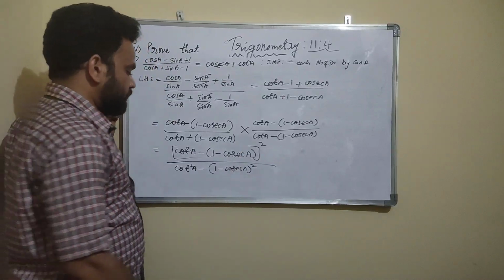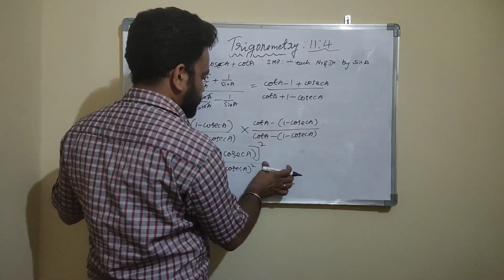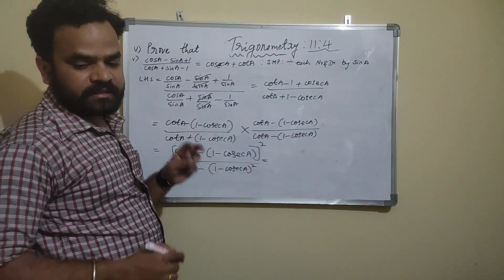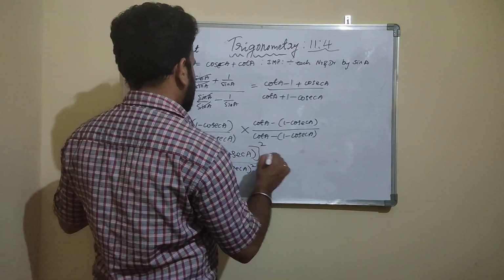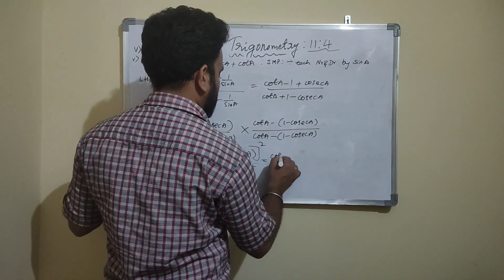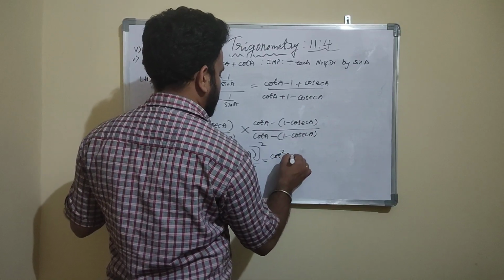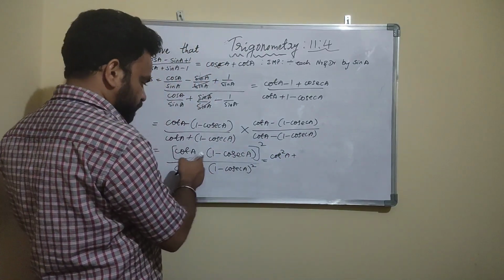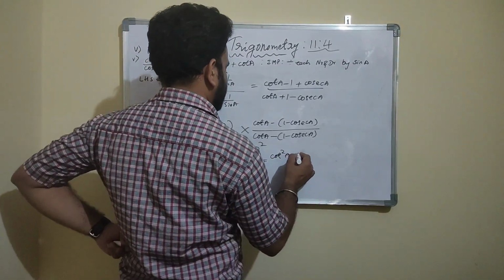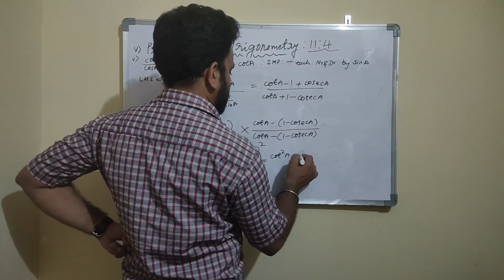Am I clear? Now what we can do here, we need to observe one thing. Here we need to apply (a minus b) whole square, that is a square plus b square minus 2ab. Here 3 terms are there, I will write them individually: cot square a plus, here plus cosec a is there, right? Cot square a plus 1 square is 1 plus